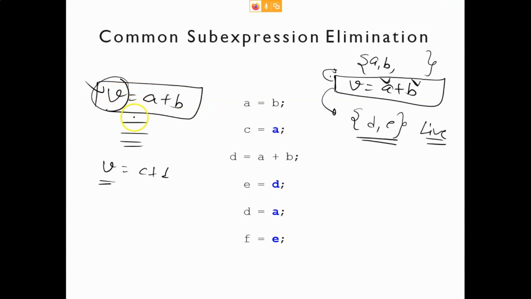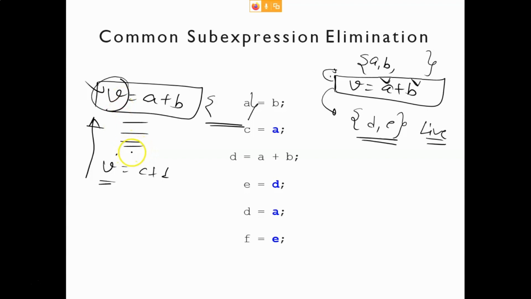At this point we want to check whether v is alive or not, so we have to go in the reverse direction. For each statement, we have to check whether this v is used or not.